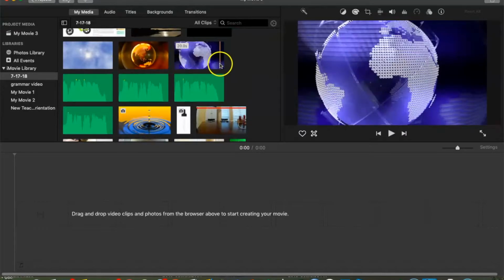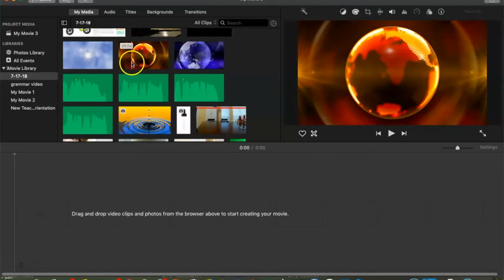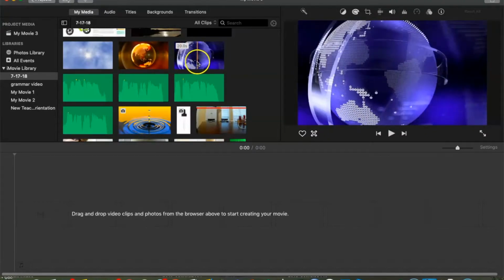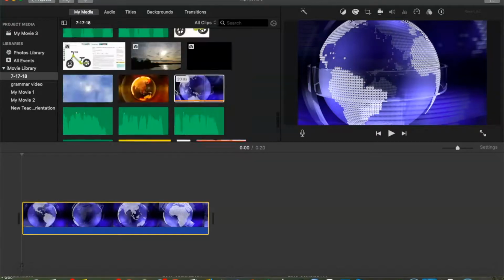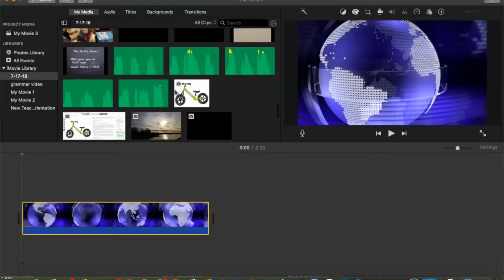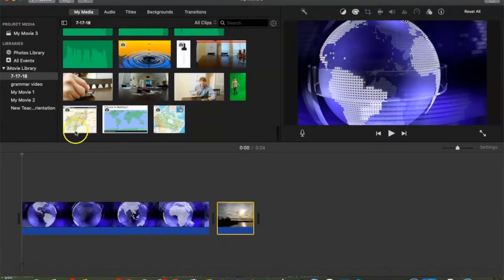I'm going to drag and drop a few images. One, I have a little intro file. This is the global warming version and the regular version, so whichever one you feel like. I'm going to scroll up here to get a picture that I have. And then I'm going to drag and drop my country pictures because the video,